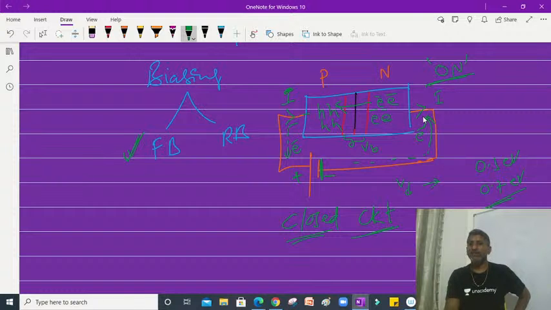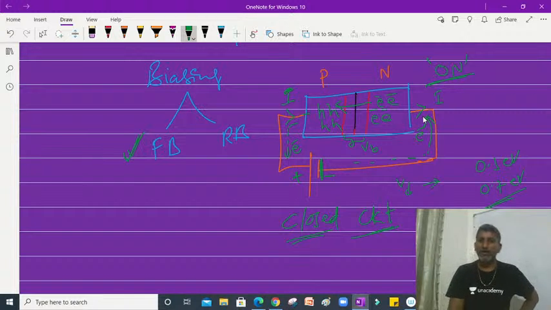You can say in a PN junction diode, when the P-type material connects to the positive terminal of the battery, whereas the N-type material connects to the negative terminal of the battery, charges flow. Here the charges are holes and electrons in the case of semiconductor material. The mechanism is as discussed here. We discussed how holes are repelled by the positive plate, and when a hole reaches this point, meaning the N region,